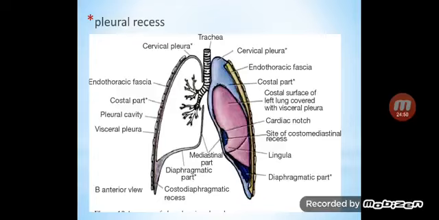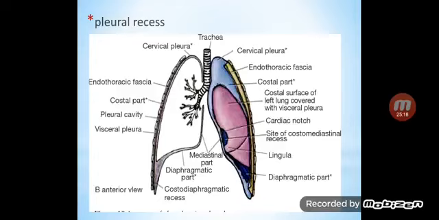And what is the benefit of these recesses? They provide additional space for lung tissue to expand, especially during forced inspiration. And they are three in number. The first one,